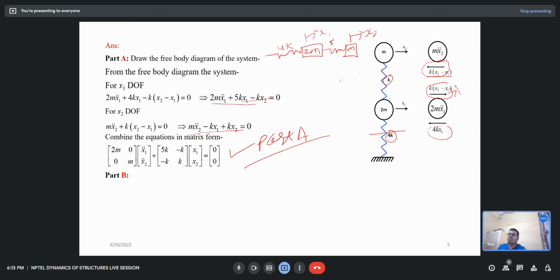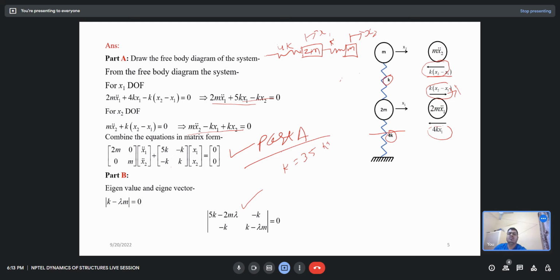Now I need to solve part B. For the eigenvalues and eigenvectors, I will take the determinant of k minus lambda m. So if I take these values, 5k minus 2m lambda, minus k, minus lambda m. Can you give a try to find what will be the value of my lambda, if the stiffness is given to you